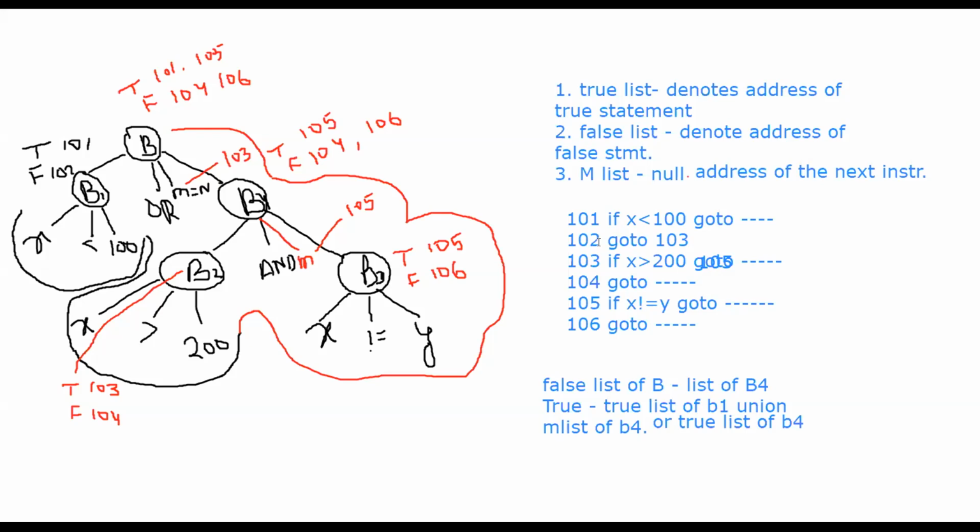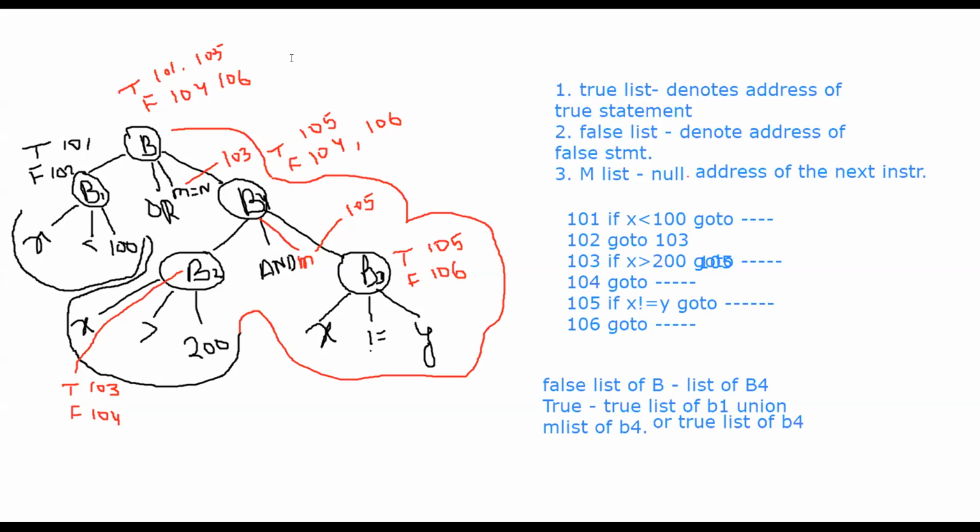How much have we completed? We have completed this: if the OR condition is false, then we have to execute the AND condition. And if the first AND condition is true, the condition which is written in the AND is true, then we have to jump to line number 105 to execute the second condition. Right?